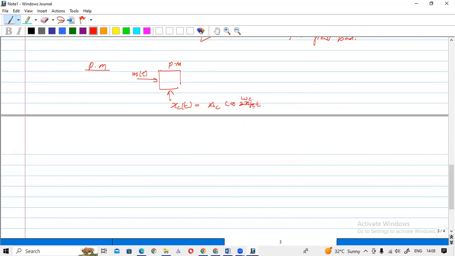Let's write 2 pi FCT as omega CT for simplicity, and please refer to the lecture, we can write the phase modulated signal as AC cos omega C T plus